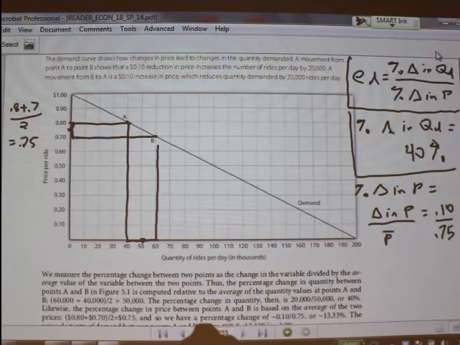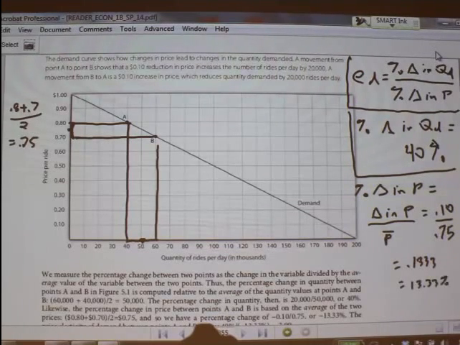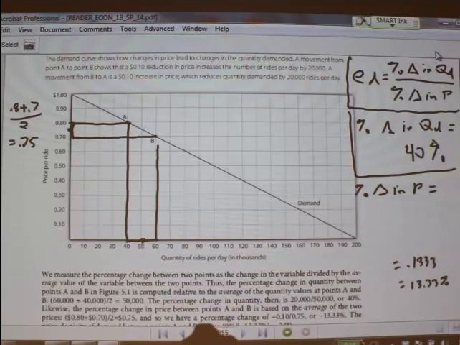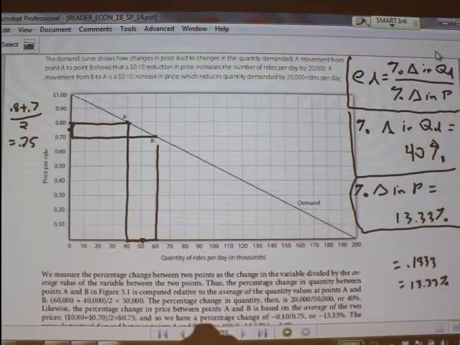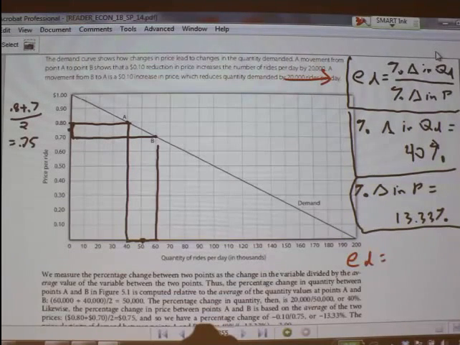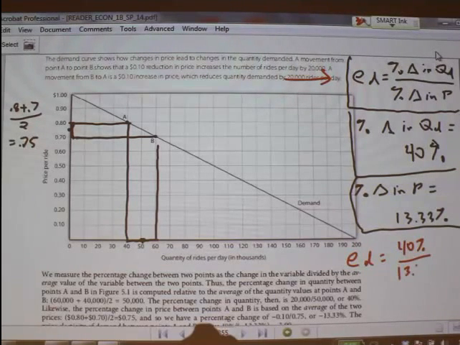And then this turns out to be 0.1333 or 13.33%. So let's keep that over here. The percentage change in price is 13.33%. So now what do we do? Go back to our general formula, which is up here, and plug these in. So we have the price elasticity of demand is 40% over 13.33%, and this equals